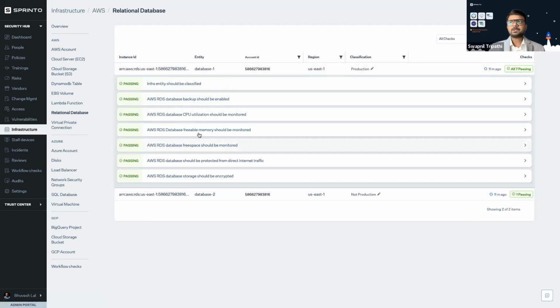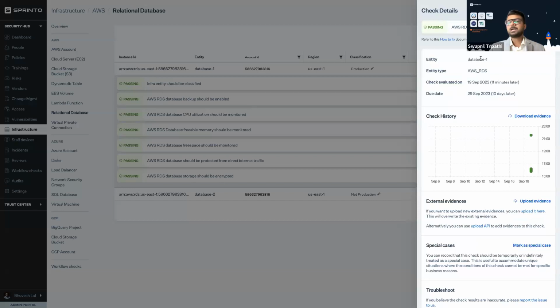Now, say all of these tests are running. Let me take just one example. AWS RDS database backup should be enabled. Simple test, right? Now we are fetching this data from AWS directly because we are connected to AWS with an API. And this is being collected multiple times a day. So I enabled this particular account today itself, and already it has collected the data almost 4 times today, right? And this will keep on happening every single day. It will give you a green dot. Every green dot is an evidence, right? It's a JSON file getting collected for your auditors to review or for you to review.